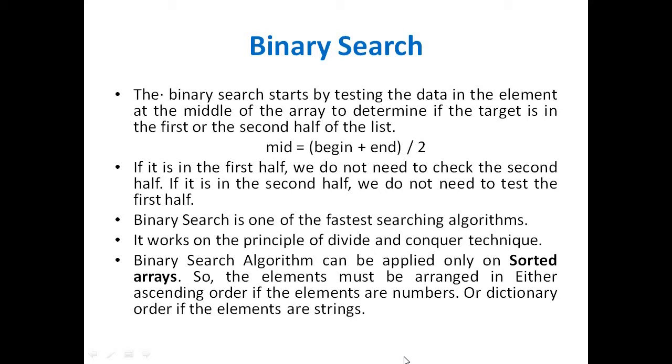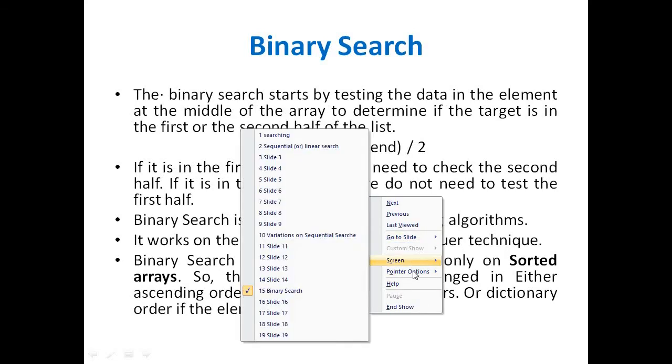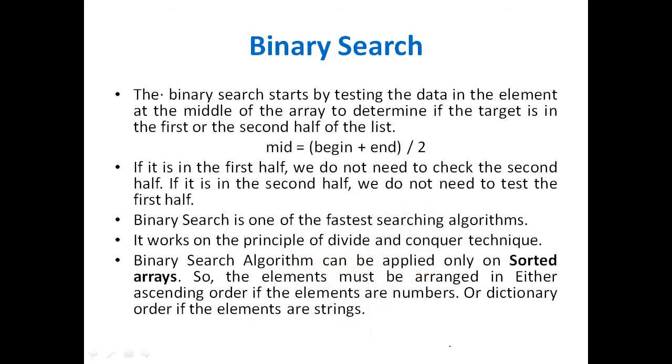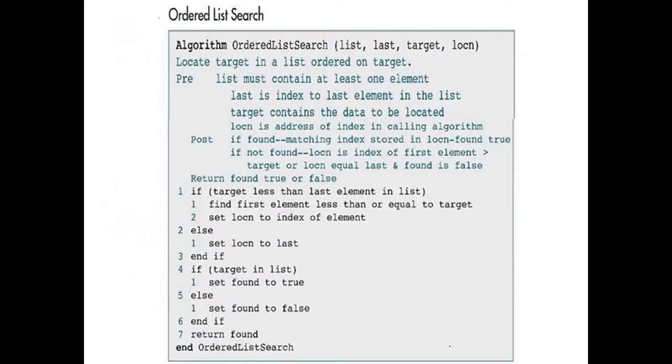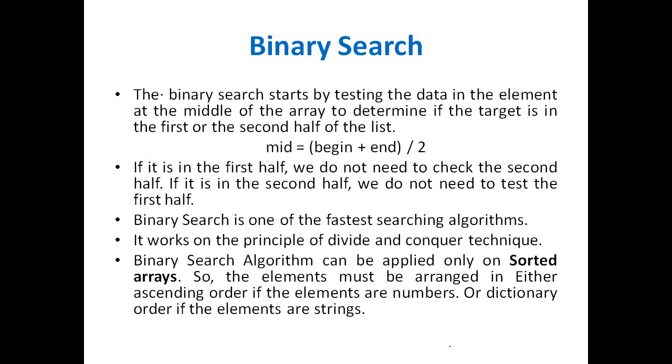in the given list. When compared with sequential or linear search, binary search follows the divide and conquer method. Here we are dividing the list into a number of partitions. How is it possible? With the help of mid. We are calculating the mid cell, the mid value of the given list.